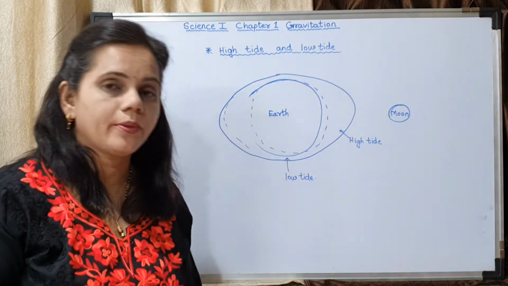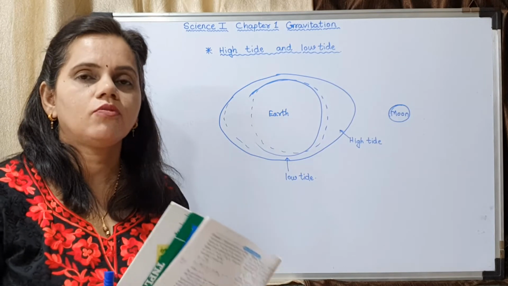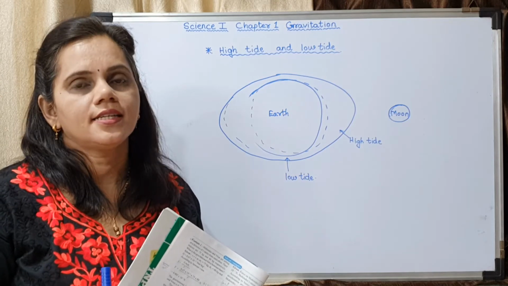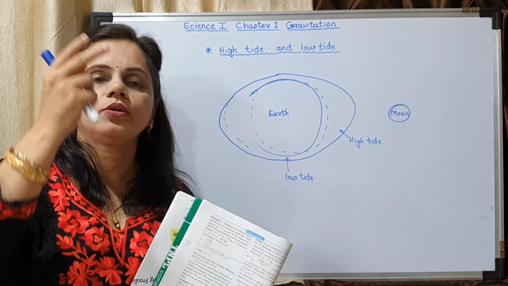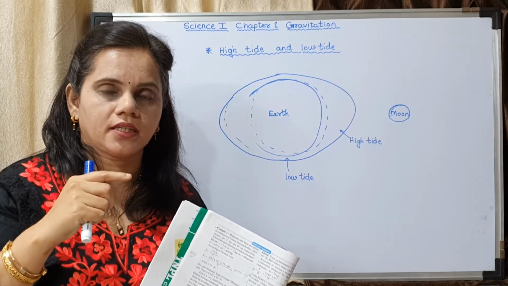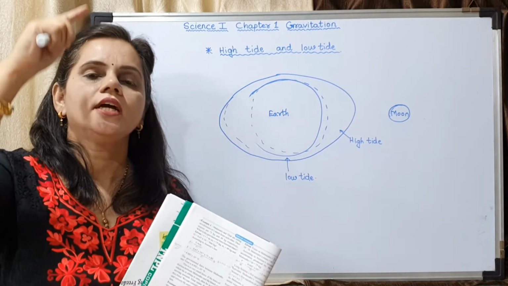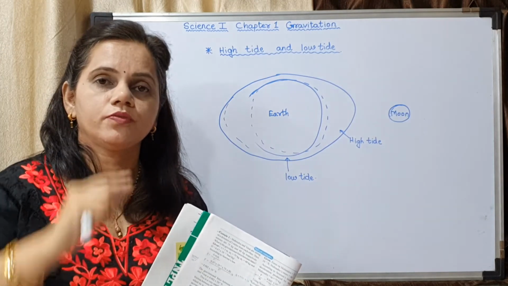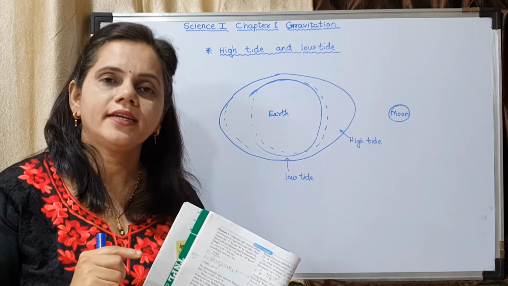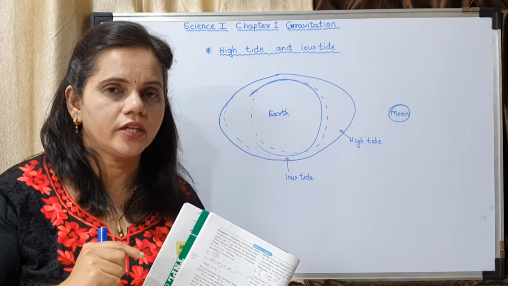Now we have some points in the textbook on page number 7. Earth's gravitational force. Now what is the direction of gravitational force? The direction of gravitational force is towards the center of the earth. Whenever you throw an object in the upward direction, it goes to a particular point and then comes back. When you throw a particular object upward, it goes to a particular point and then comes vertically downwards. It doesn't go slanting, it comes vertically downwards. Why does it come vertically downwards? Because the gravitational force is towards the center of the earth.